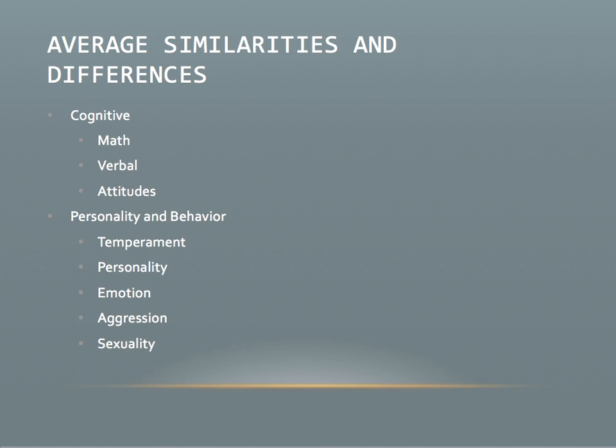So let's get to similarities and differences. And when we're going through this, we're going to talk about what historically has been there, as well as what is there now, at least as far as the data support. So let's talk about cognitive abilities. In 1990, there were minor differences in cognitive levels across cognitive domains for men and women, largely in men performing better, but especially in high level problem solving.